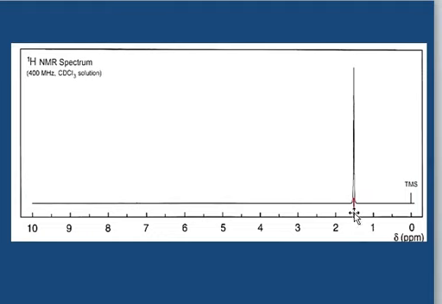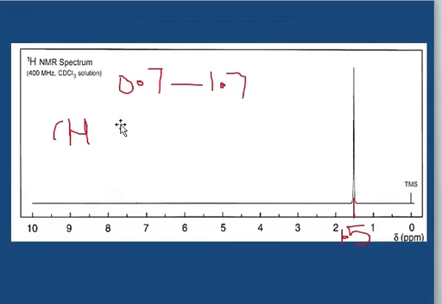So let's see in our proton NMR what kind of information we get. First of all, you will see the chemical shift value, which is about 1.5 ppm. If you see the alkane groups, you will get ppm values from about 0.7 to 1.7 ppm. That gives you the alkyl groups of alkane. It means CH, CH2 and CH3.